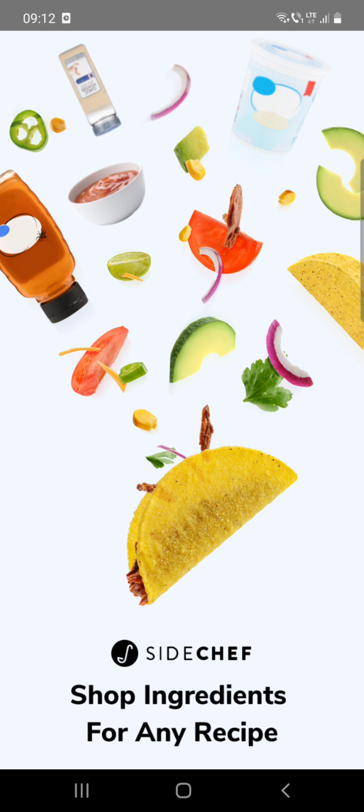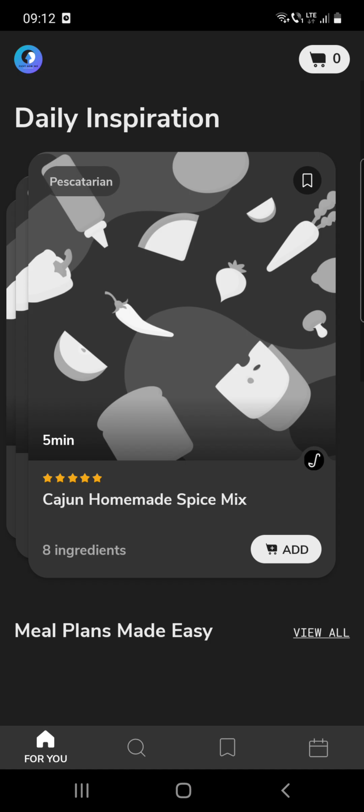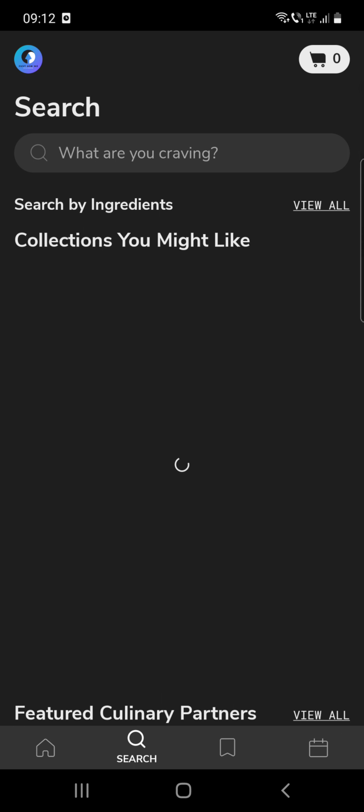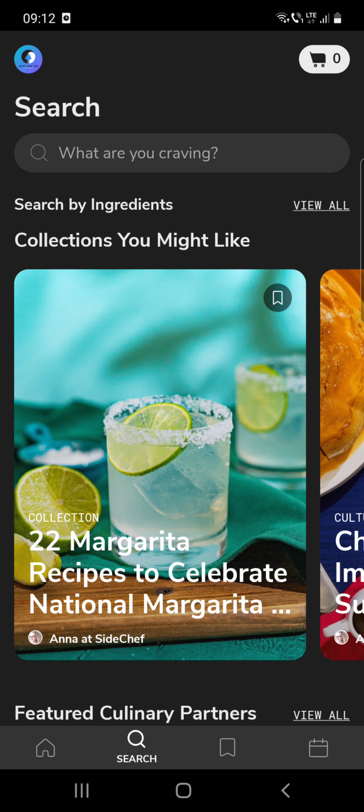So first open the app, and after that you have to click on the search icon, which is at the bottom of the screen, the second option. Click on that and you can